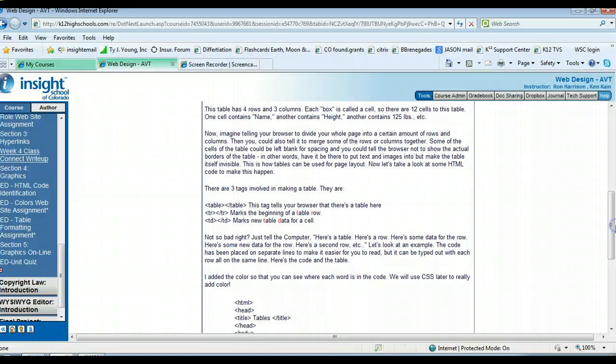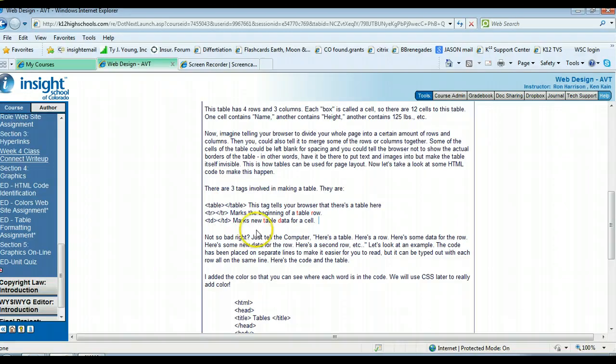And tables need 3 tags to create them. So if we look right here, the first tag tells the HTML coding that you're making a table. The second tag marks the beginning of a row, so that says there's going to be a row here. And then the third tag is going to put information in the first cell that the browser finds underneath this table command. Now if we wanted to, this coding right here would make a